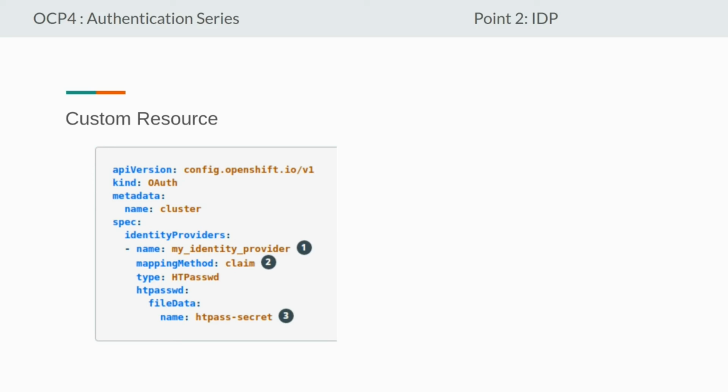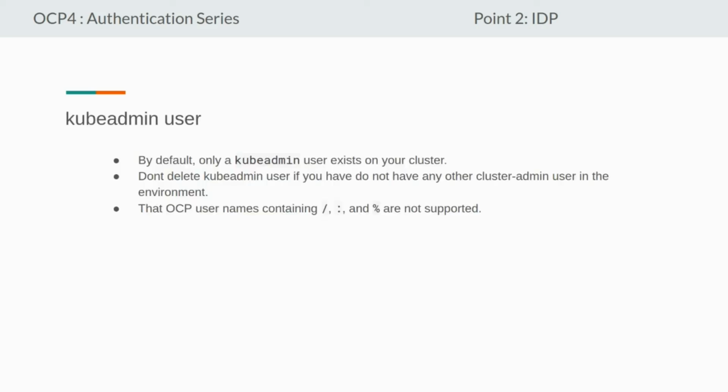Let's check some important points on the kubeadmin user. By default, only a kubeadmin user exists on your cluster. Once you define an identity provider and create a new cluster admin user, then you can remove kubeadmin to improve cluster security. Please note that if you delete the kubeadmin user before another user is a cluster admin, then OCP must be reinstalled.